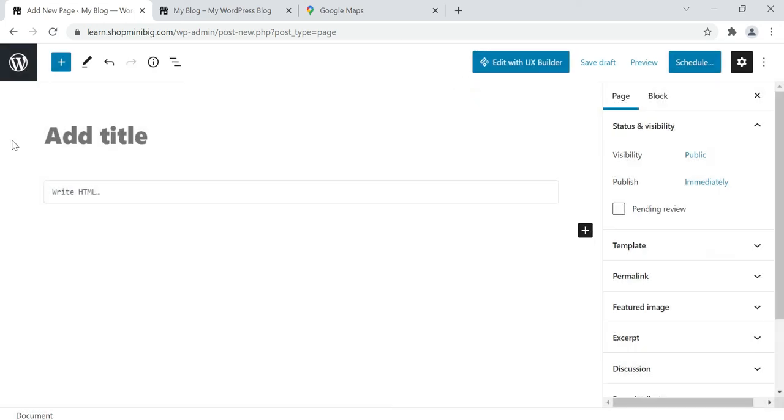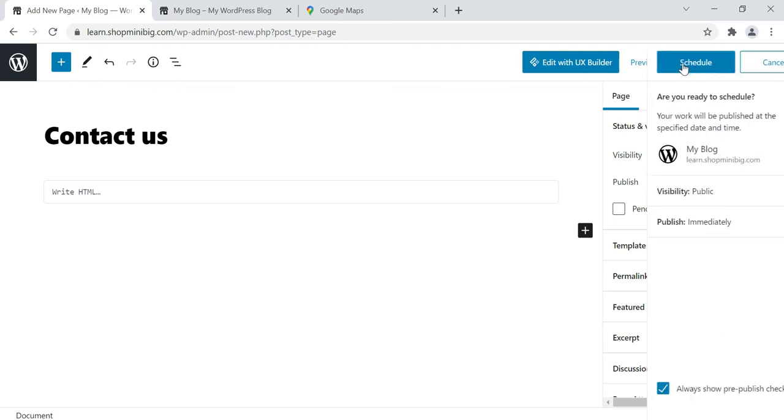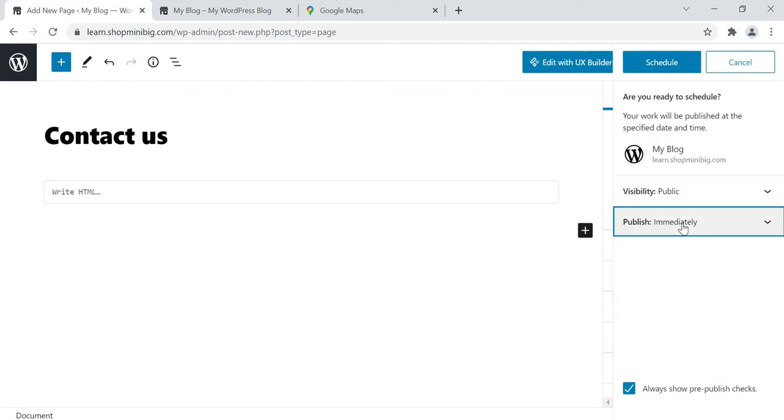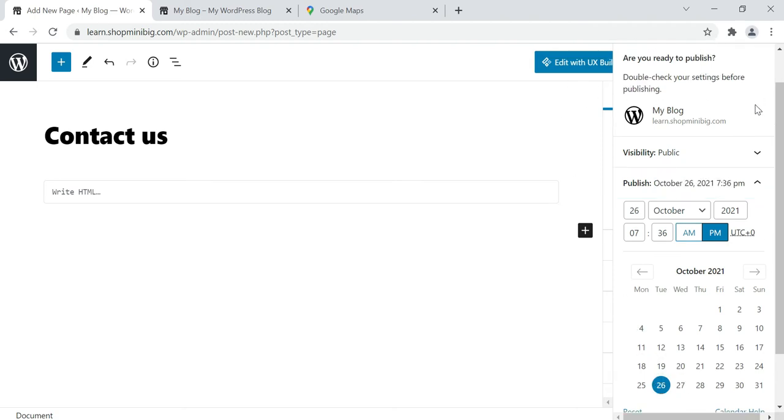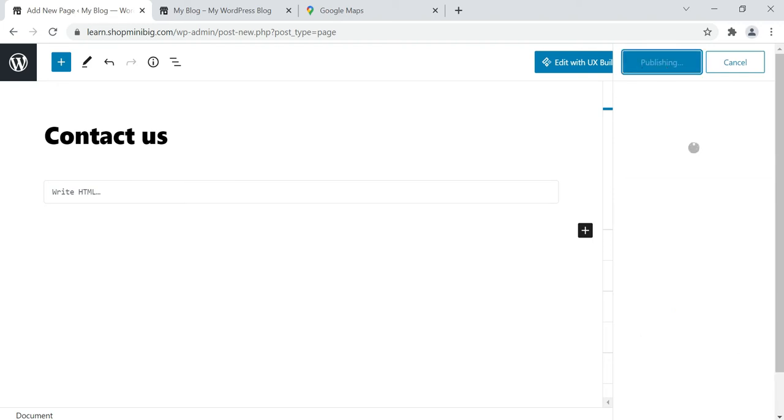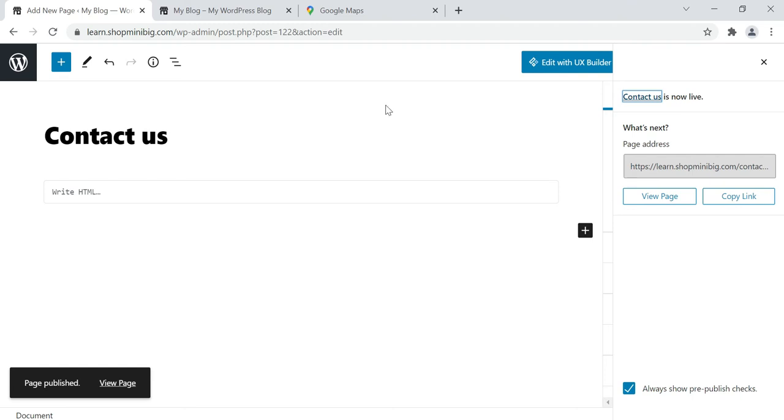Just cross it. Name your page contact us, then click schedule, click immediately, then select a previous date, then click publish. Now our contact us page has been created. Let's design it with UX Builder. Click edit with UX Builder.